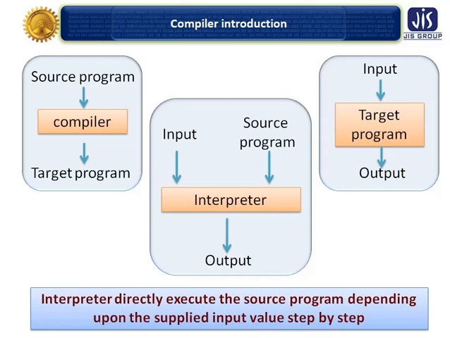Why? The compiler will check the syntax of all the lines. After that it will produce the corresponding object code if there is no error, and if there is an error then it will produce an error. So it executes the source program statement by statement. The interpreter will do that.